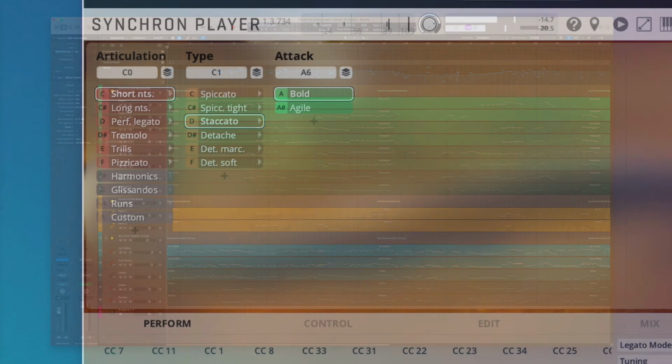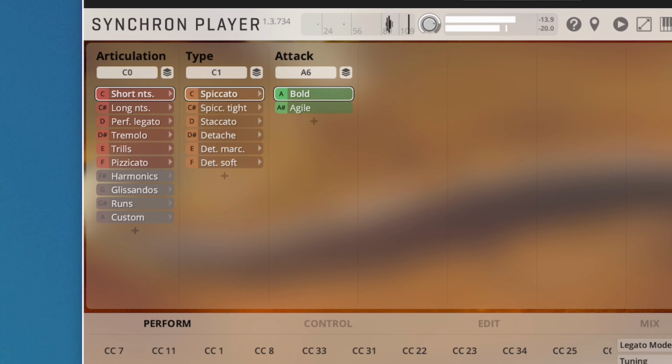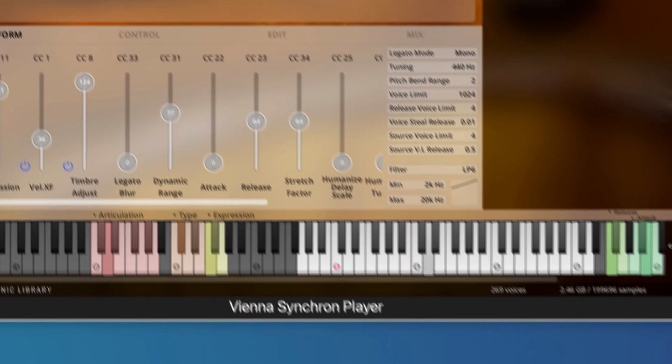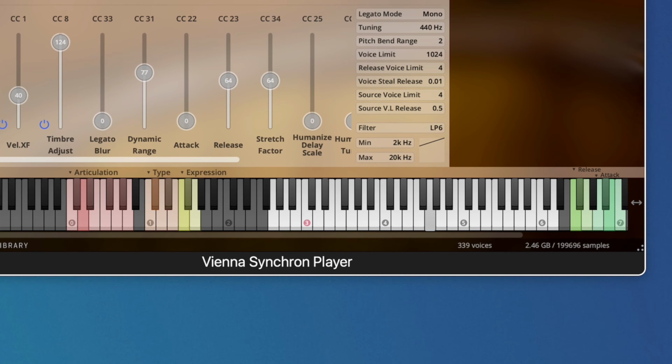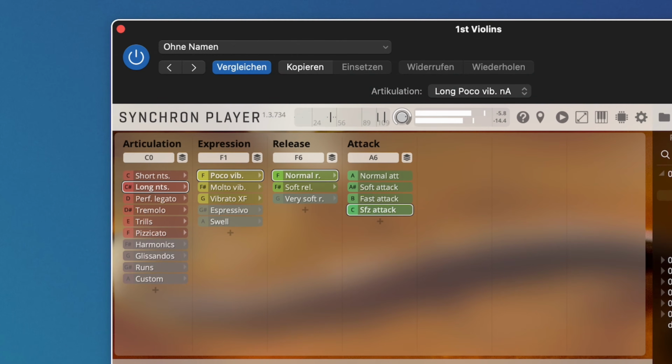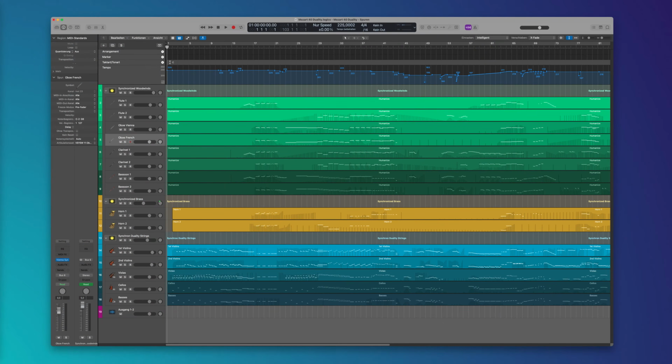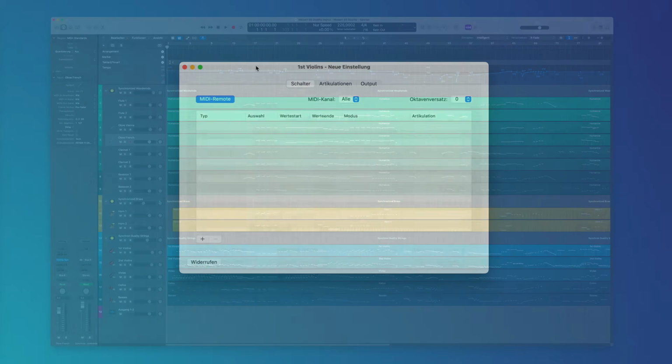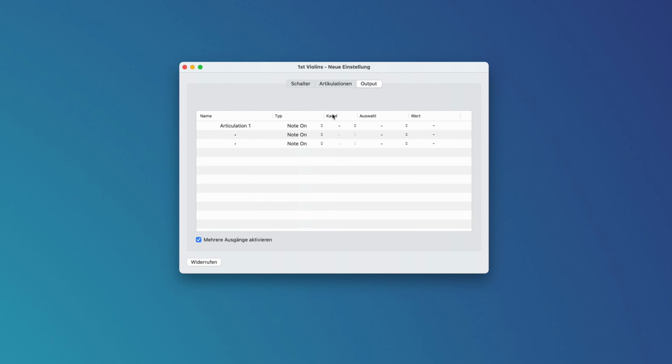Now, if you work with the Synchron player, you already know that there are a lot of articulations and therefore a lot of key switches that each have to be pressed individually or programmed in, which can be a lot of work. For example, duality strings have up to 5 key switches per articulation. I'm a lazy guy, so usually I use an articulation set in Logic, but sadly Logic only supports up to 3 key switches per articulation, which is not enough for duality strings.